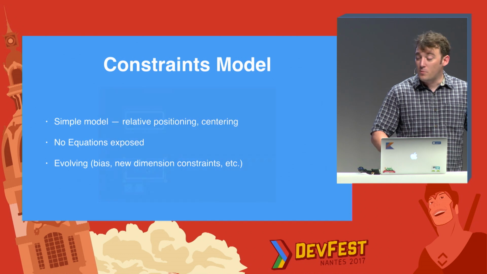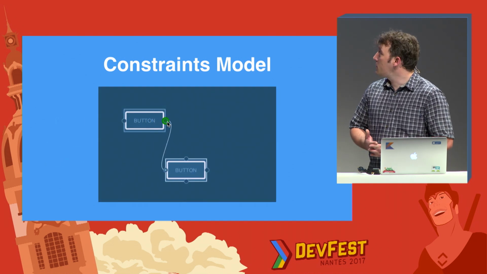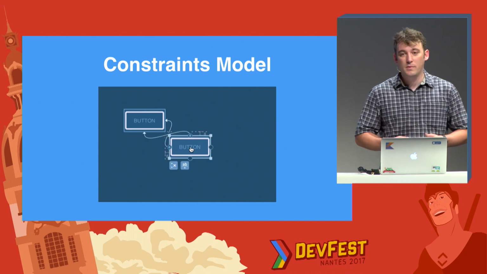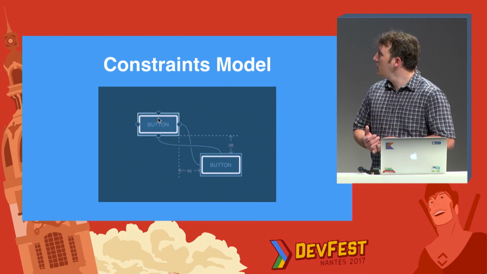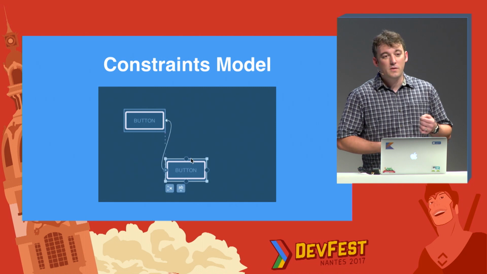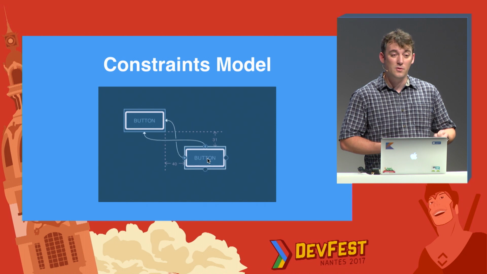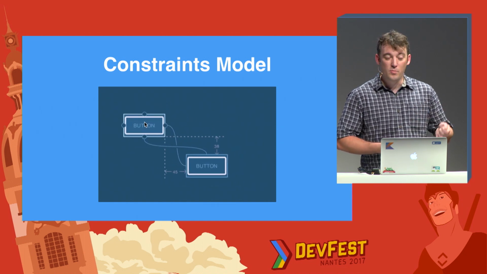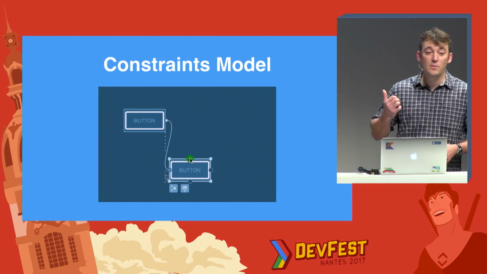And fundamentally, the model we took is this one. You have a system with anchors, typically the left, top, right, and bottom. You also have a baseline for the text. The gist of the idea is that you have a source anchor, and you connect it to a target anchor, and the source anchor has to be at the position of the target anchor, modulo margin, right?